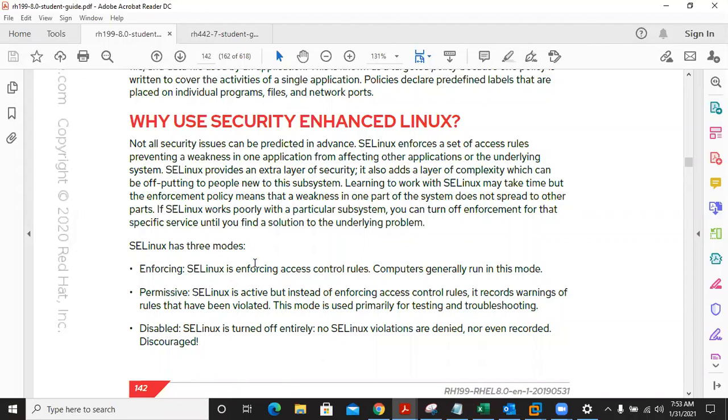We have enforcing mode. Enforcing mode will deny the violation. If someone violates the policy, then it will stop it. Assume that our web server by default works on port 80, but we have done some customization and it is running on some other port. So it is required to inform SELinux that we have customized the port. If you don't inform SELinux, then it will not allow us to work. So this is the